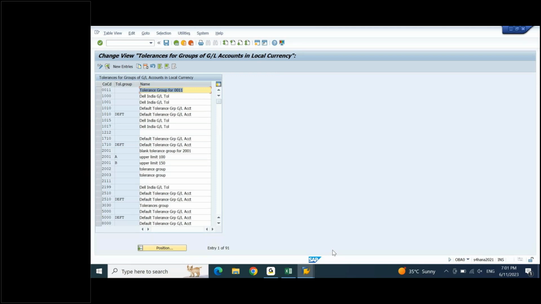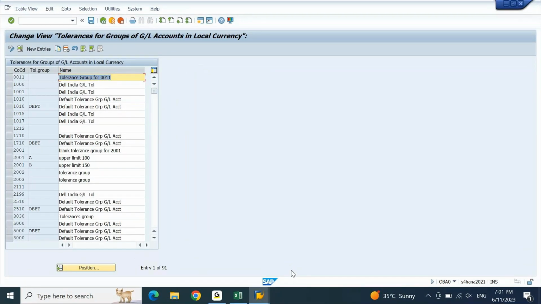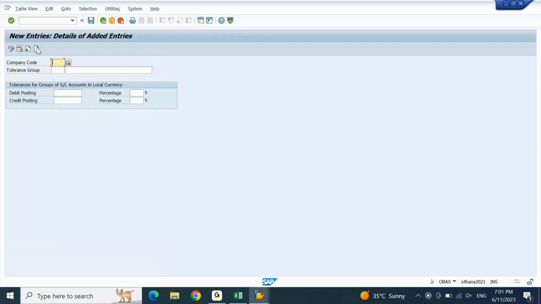Tolerance for GL accounts in local currency. Let me click on new entries. Here the system is asking you to select your company code. Put your company code SSIN, and here you put the GL tolerance SSIN, and down below it is asking what is the tolerance